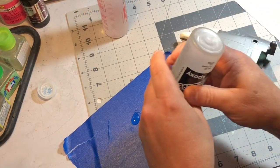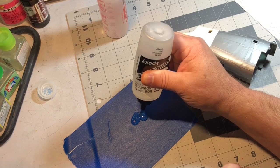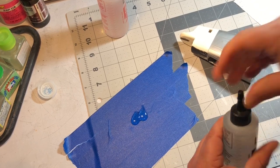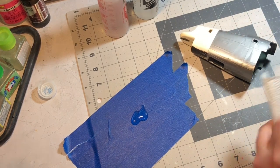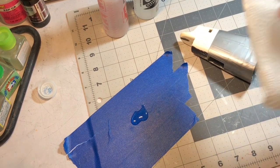I like this Bob Smith stuff. It sets pretty quickly. Easy to work with. And one thing you can do with 2-part epoxy that I found, and I use this a lot when I make glue handles on my fire steels for my Kydex knife sheaths,